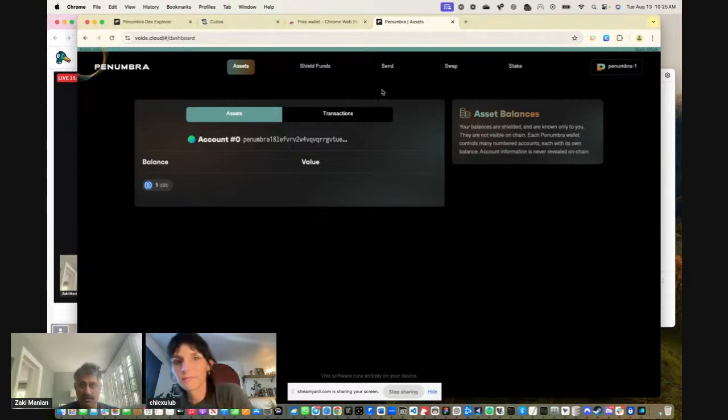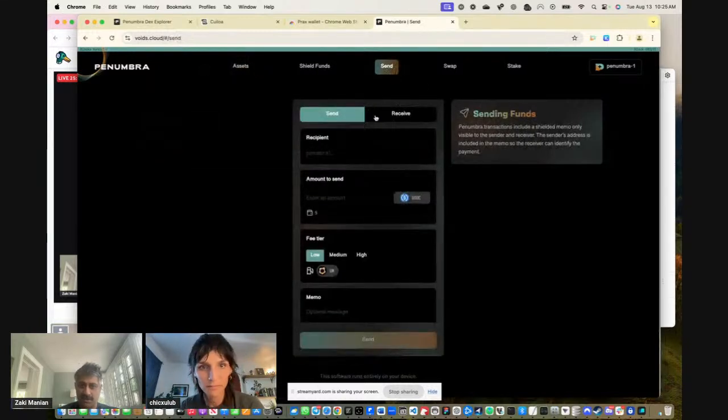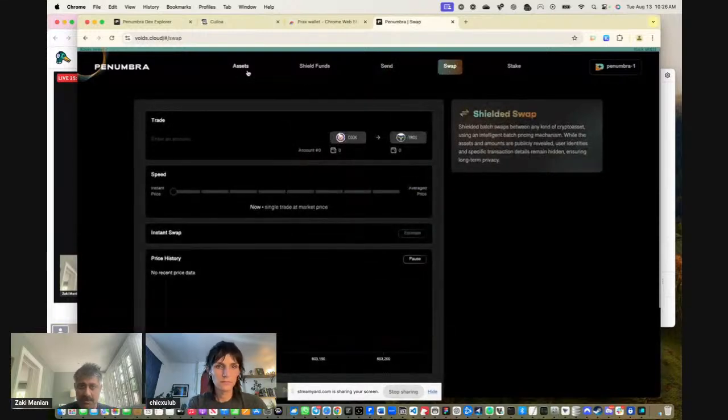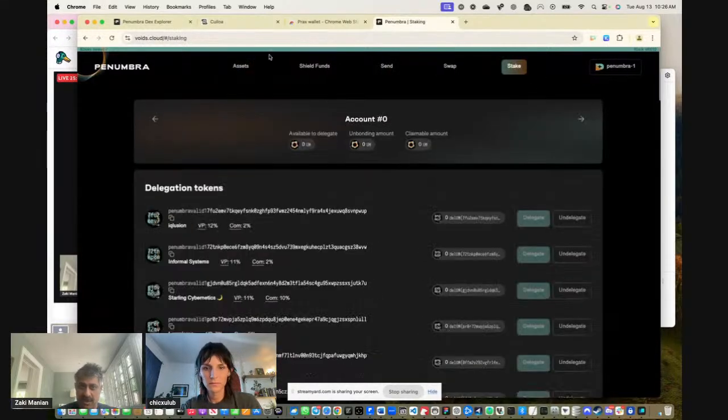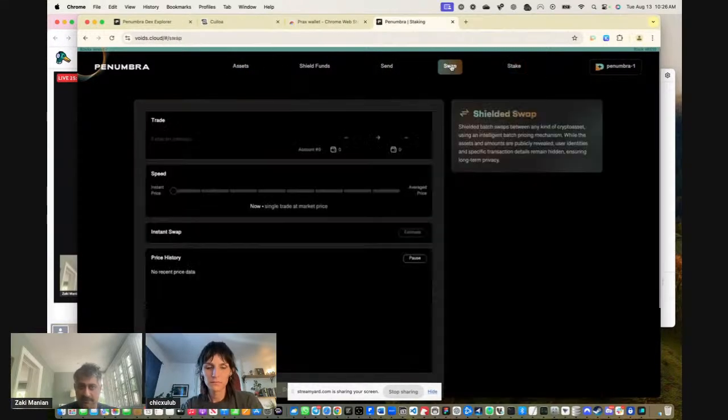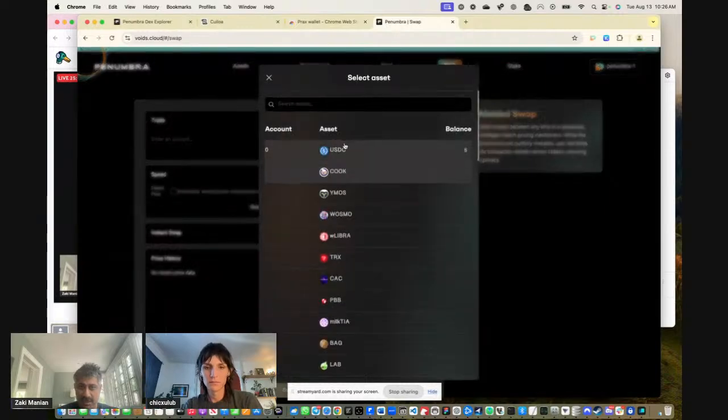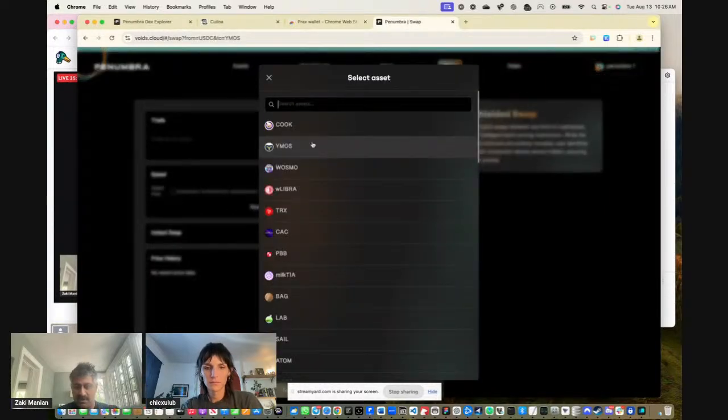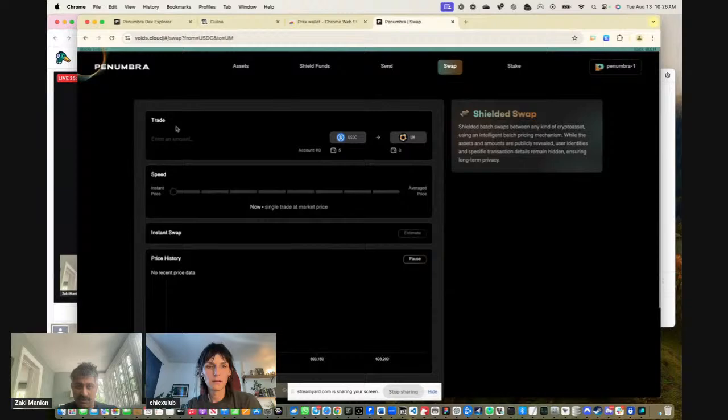So now, what are these tabs? You have the ability to send and receive USDC. You can swap it. You can stake. So I think probably the first thing we'll do is swap some USDC for some